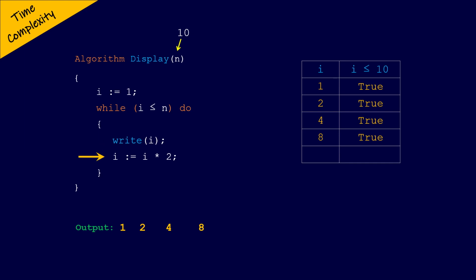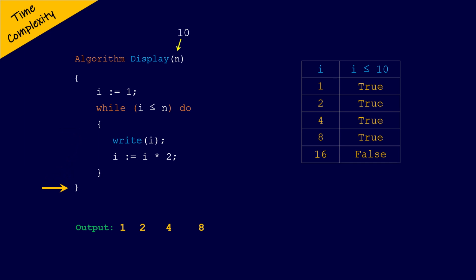The value of I is 8, and now after variable I is multiplied by 2, the value of I will be 8 multiplied by 2, which is 16. So we will write the current value of I, that is 16, in the table. Then we move back to the while loop and check the condition I less than equal to n. At this point, we have the current value of variable I as 16, and 16 less than equal to 10 is false. Therefore, since the condition is false, the statements within the while loop will not be executed, and